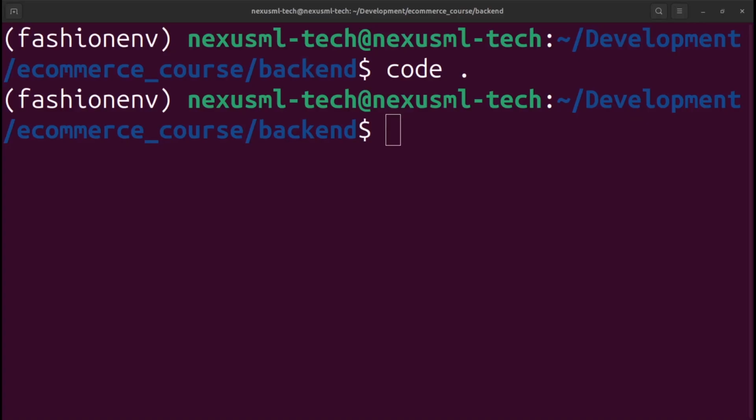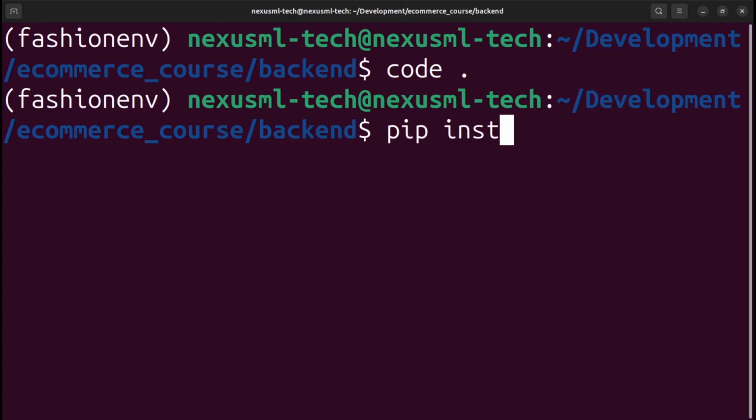So now, before we go to the Visual Studio Code, in this part we need to do what? First of all, I'm gonna install python-dotenv, so that we'll be able to store our environment variables in the .env file. So what we're gonna do here, I'm gonna say pip install. Even though I'm gonna provide the requirements.txt, which you can run to install all the packages that are required in this system,